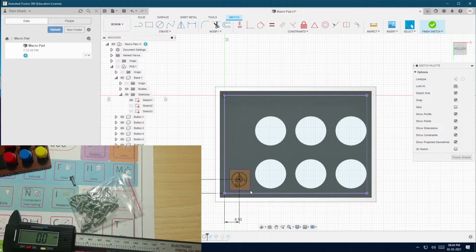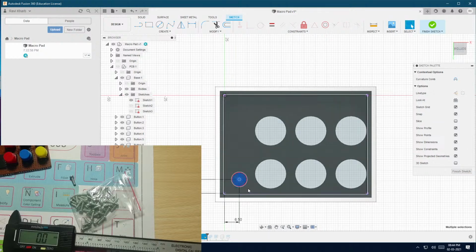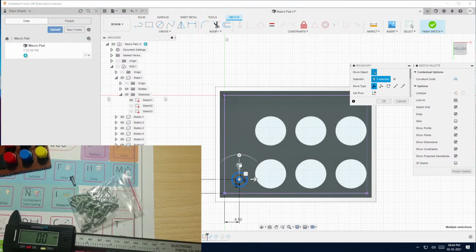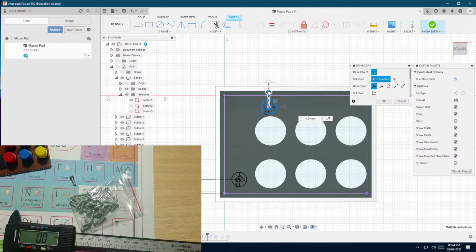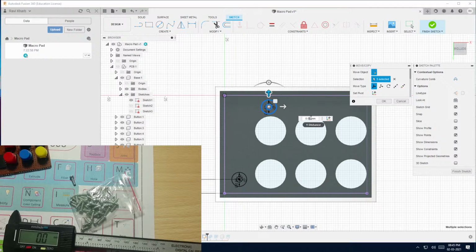If I select this, I can copy that and paste it somewhere in here. One millimeter jump is too much. Let's just